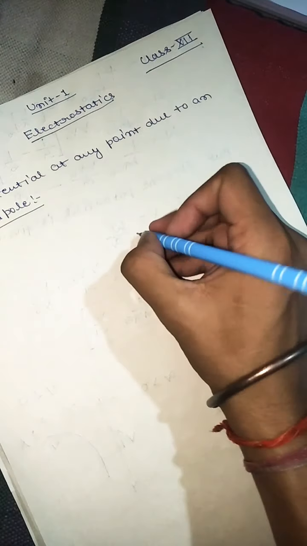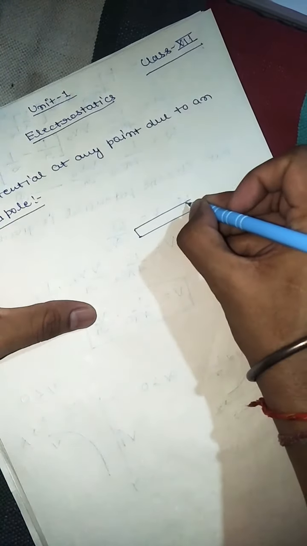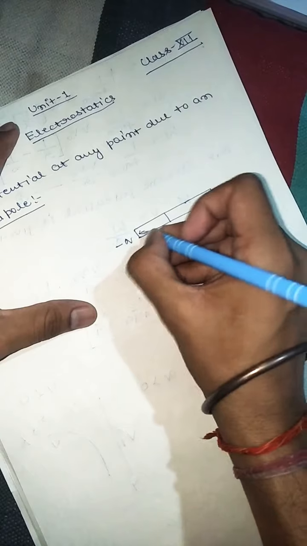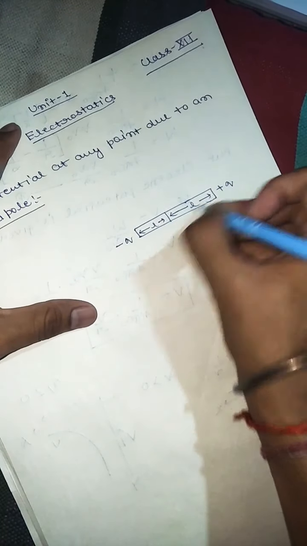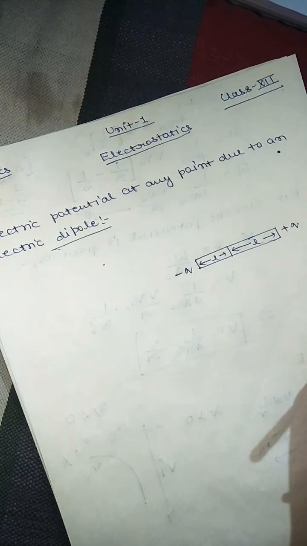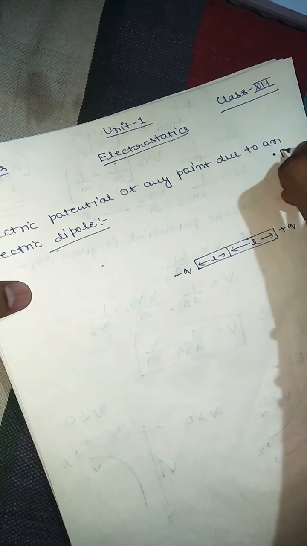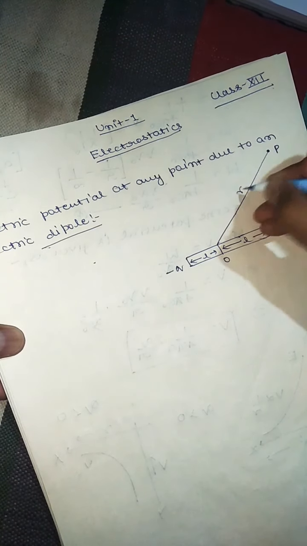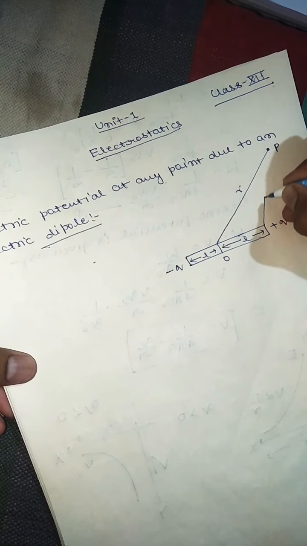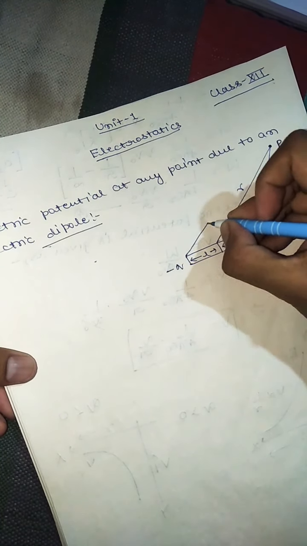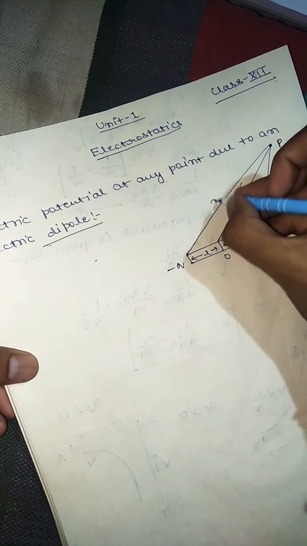Let us consider an electric dipole consisting of minus q and plus q charges. As we know, these are the distances from the mean point, and these distances are the same. Let a point P lie somewhere, because in the heading we have learned that it is at any point, so we are taking any point anywhere. It is situated at a small r distance from the mean position. Let this point be at a distance r1 from this position, and r2 from the other position.